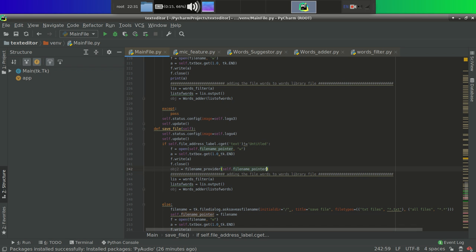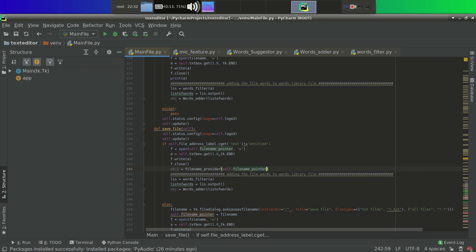Actually if you remember, file name pointer will hold the name of the file over which we are working right now. File name pointer will hold the name of that file along with the path, means it will hold the whole path also.